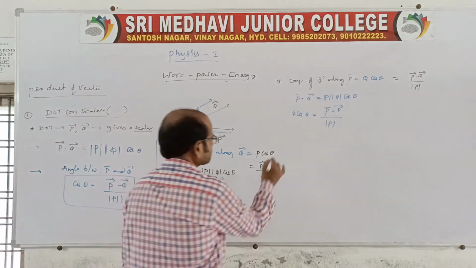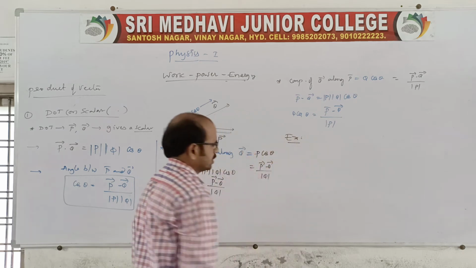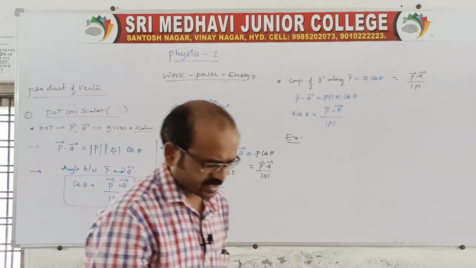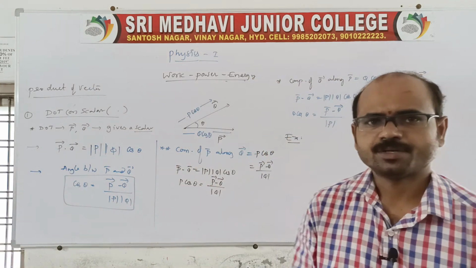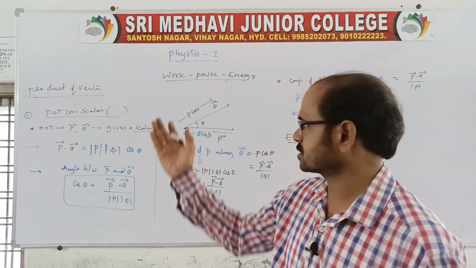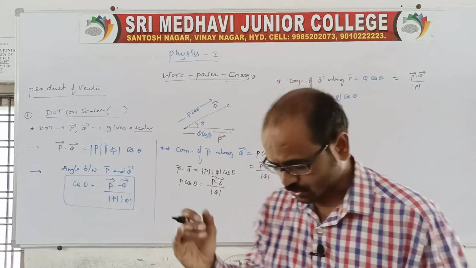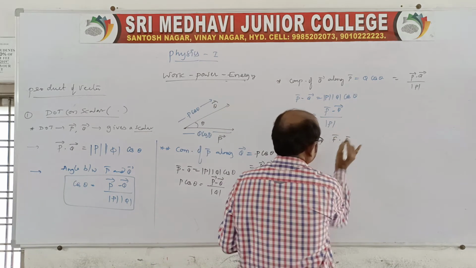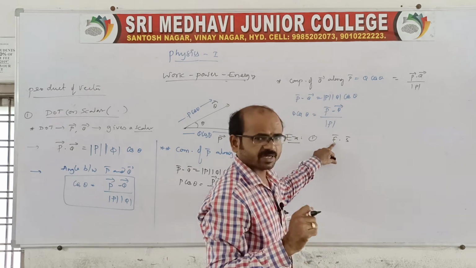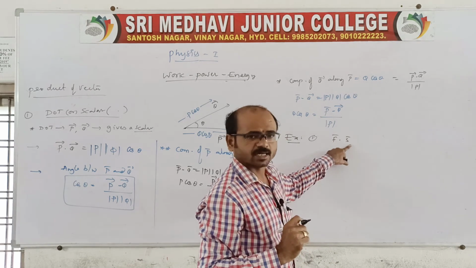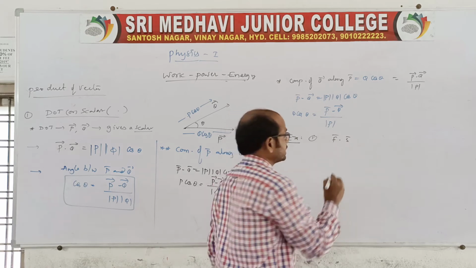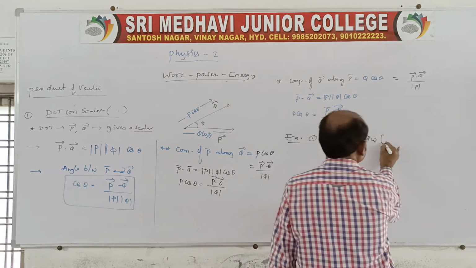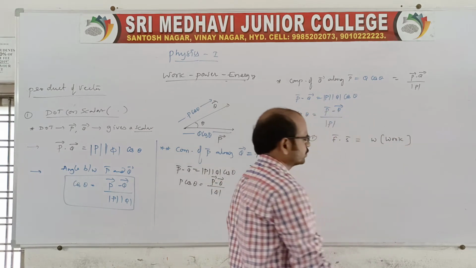And here, sir, what are examples related to dot product? See, very simple. Dot product of any two vectors is a scalar. This is very important. Dot product of any two vectors is a scalar, because we can also call it a scalar product, no? So take an example. Suppose, just now I told you F dot S. Here F is the force, it is a vector. Displacement is also a vector. The product of these two, which gives a scalar, is represented as the work. See, we can say work is the best example related to dot product.